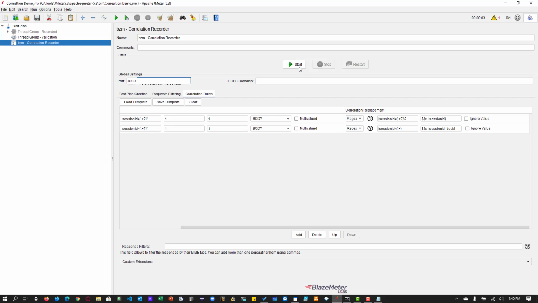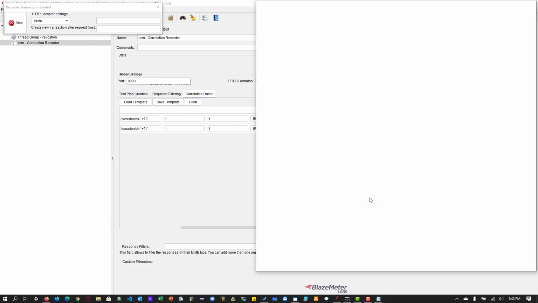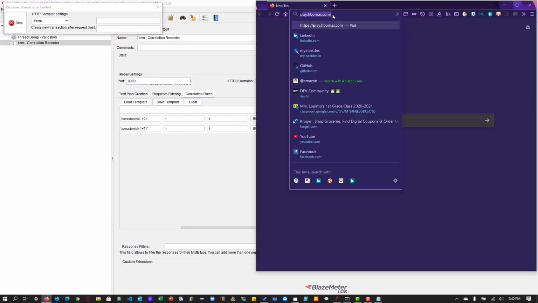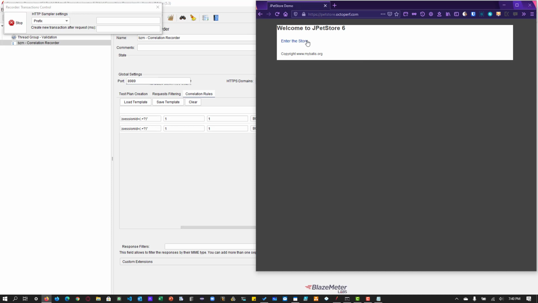So hit save, click on start and launch your Firefox and go to pet store. Just repeat the same again, the exact steps, exact test data, enter the store, click on sign in